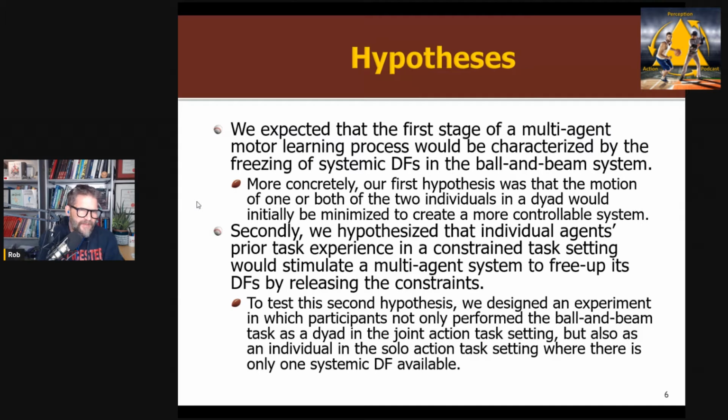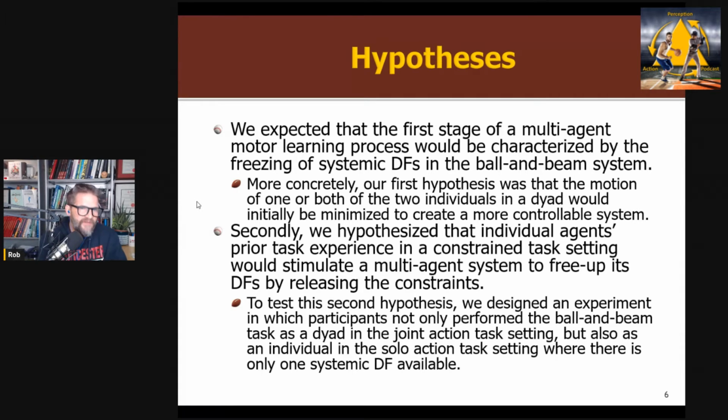And they also hypothesized that this progression from freezing to freeing, which, as I said, I've talked about on the podcast before, and there's lots of evidence to show this occurs on an individual level. But what we're going to see is, they expected this to happen more in people that were allowed to do the solo task first and then move to the joint task. The reason being the solo task essentially has freezing in it, right? The other end of the rod is frozen. It's not adding any coordination or movement into it.